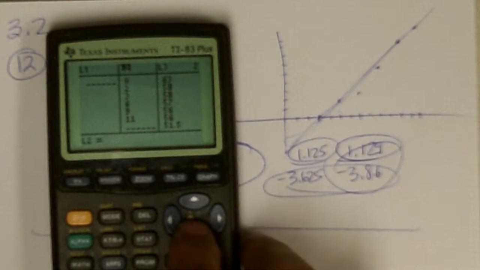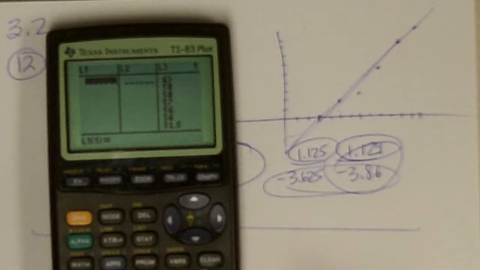Now put in the data: 0, 0, 2, 3, 3, 5, 8, 8, 10, 12. The data to go with that, the hours of video games, the grade point average,